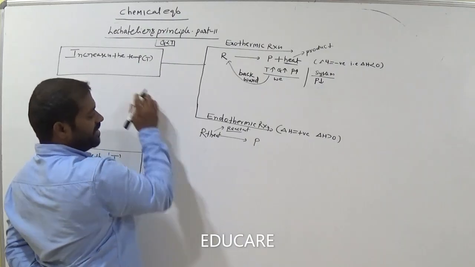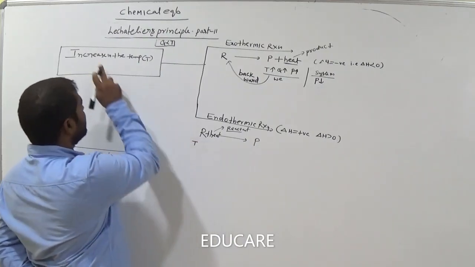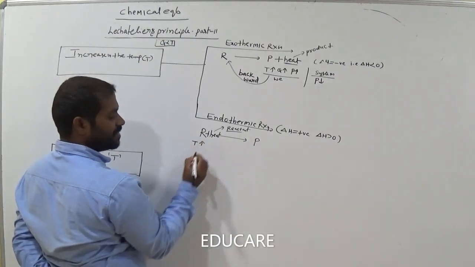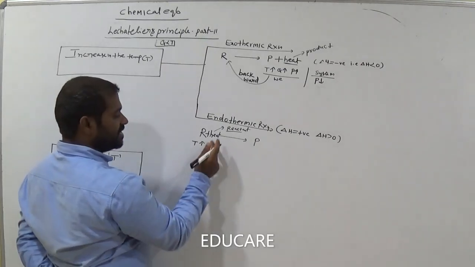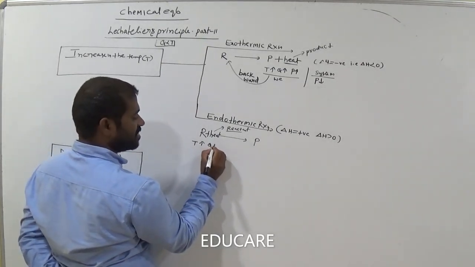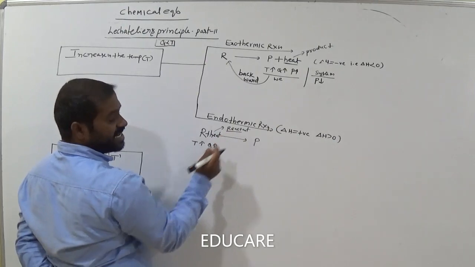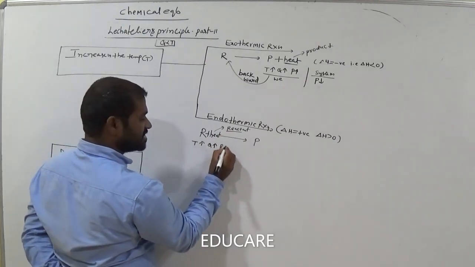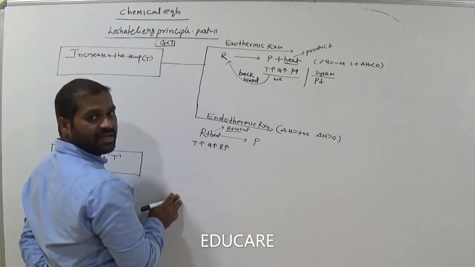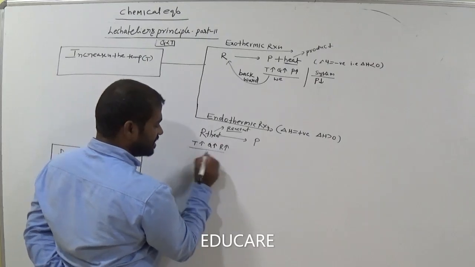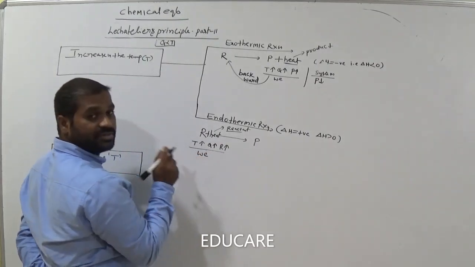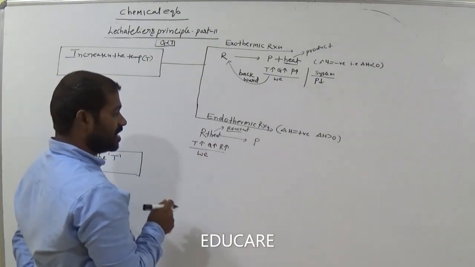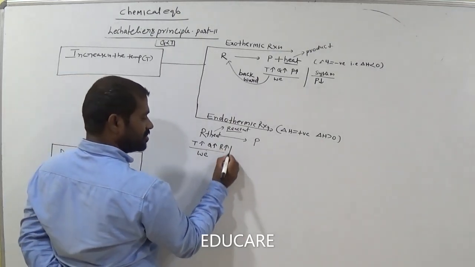So now we increase the temperature. Am I right here? We increase the temperature. That means heat also increases or not? Heat means reactants or not? That means the reactants concentration is higher or not? Am I right? So this is done by us. Am I right? We did this. Now the system can try to do something.